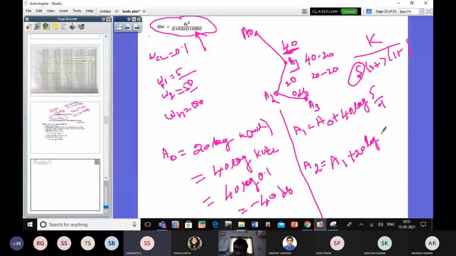What about A3? A2 plus again 20 log of, are you sleeping? I told you, you have to see the slope. Here it is 0 dB. How is it 20 dB, dear? So it is only A2, and the change in the slope gives A3. The A3 frequency will be 100 divided by the A2 frequency, which will be 50.